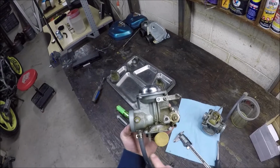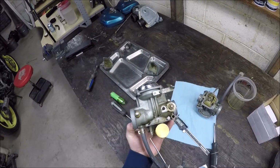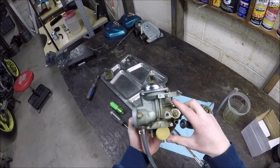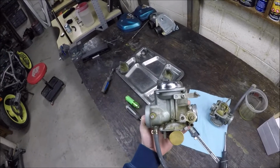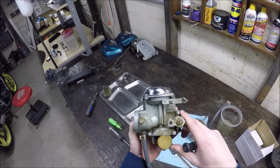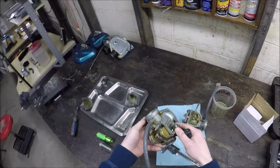you got your float here and you've got the float needle right there, and it sits in the float seat, and as the float moves up and down, that needle will open and close to the amount of fuel that can come in. My issue is that that needle apparently is sticking open, or the float's not coming up. So a couple things that could be going wrong. So this is a good one,